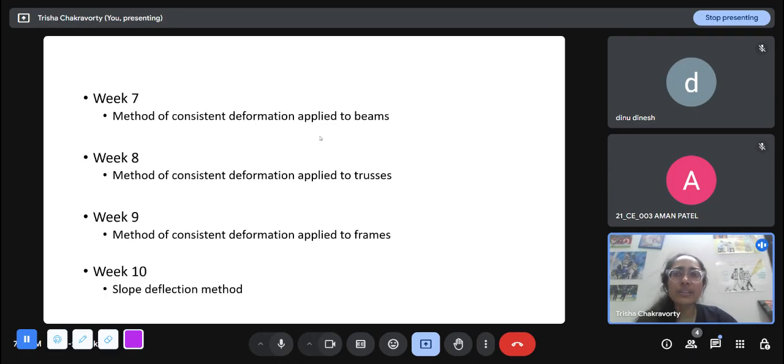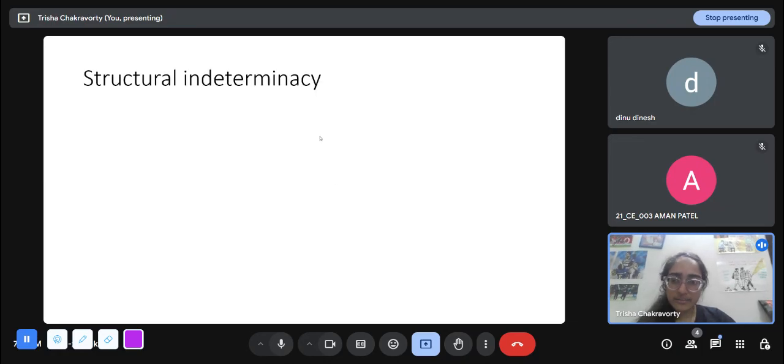A common thing is that in these methods we have the EI in the bottom, right? So in the integration or in the summation we have an EI or AE term in the bottom. It's a common mistake to miss out on that, and if you miss out you will lose marks. So just practice with any standard book and check the answers.